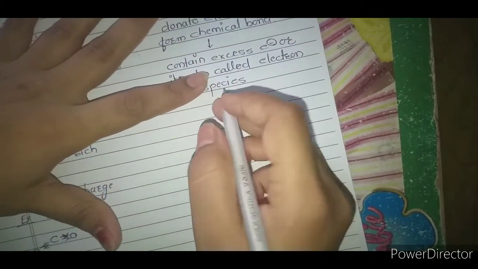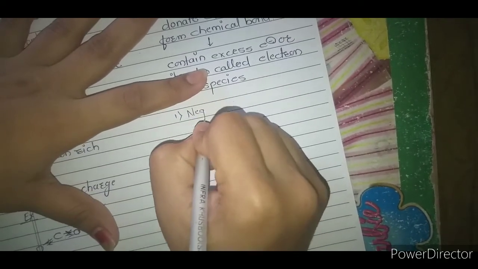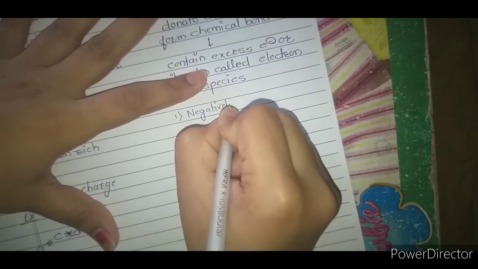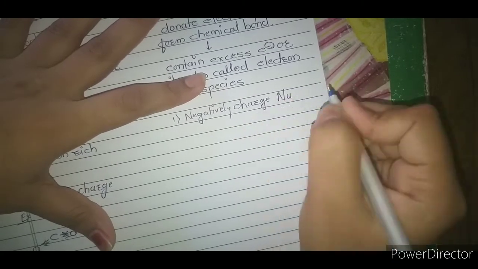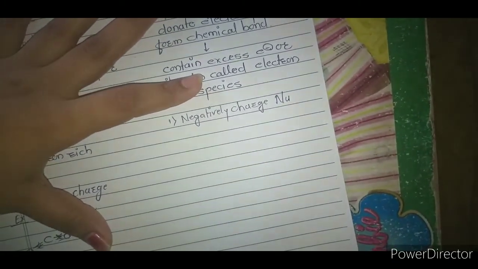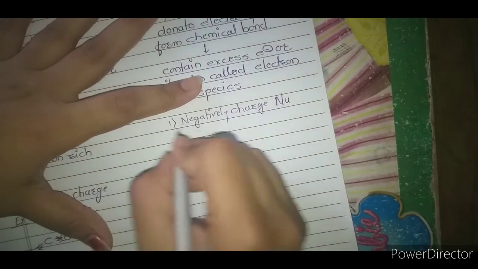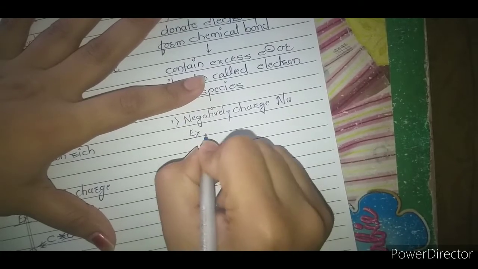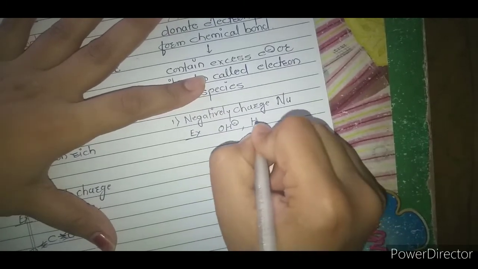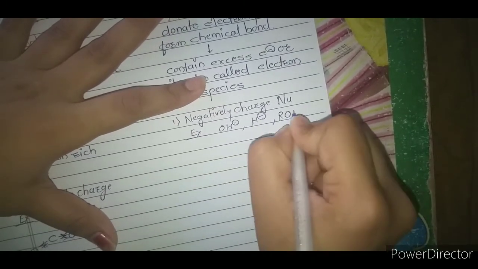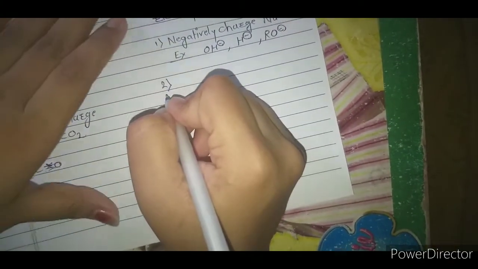So nucleophiles are of three types. First is negatively charged nucleophile. Okay, so a negatively charged nucleophile contains excess electrons. Okay, examples of negatively charged nucleophile are OH minus, H minus or RO minus. Okay, the next type of nucleophile is